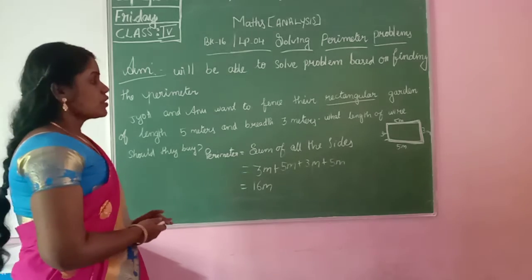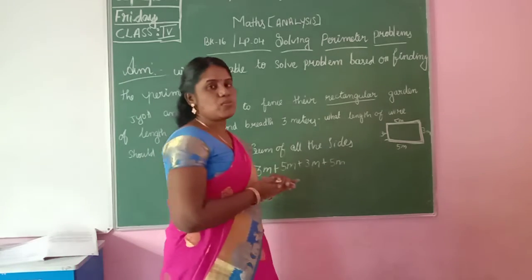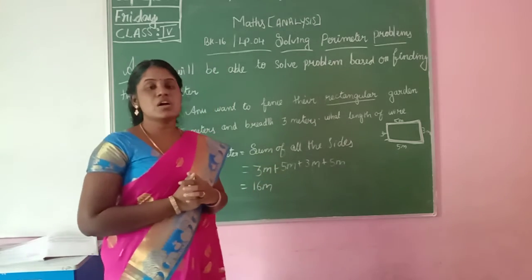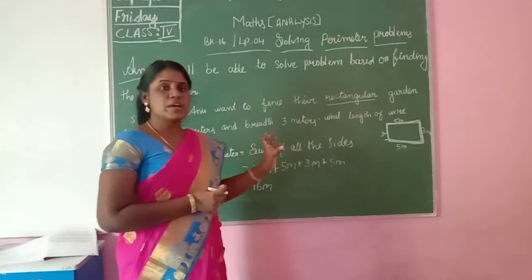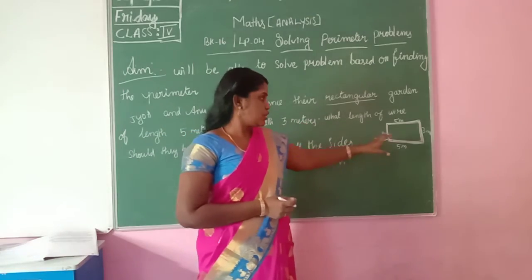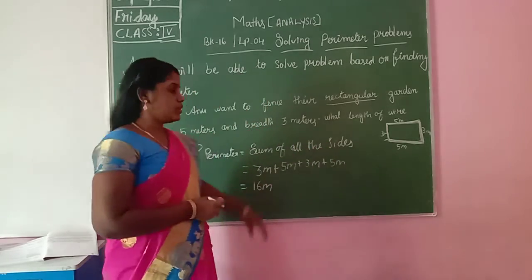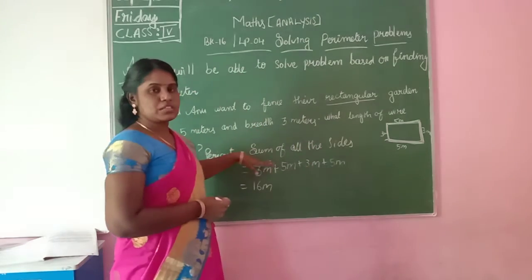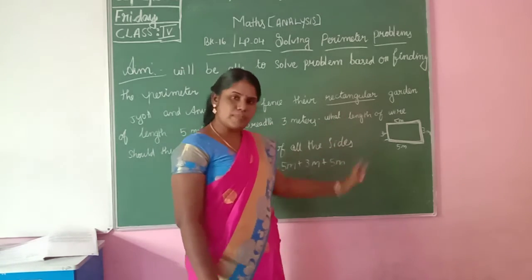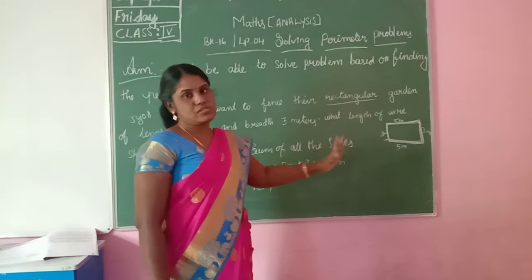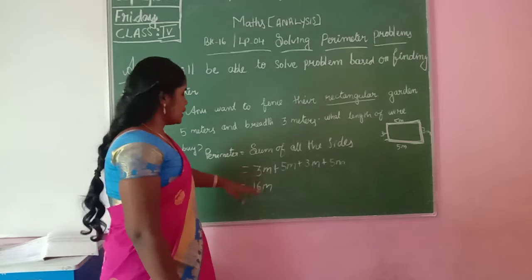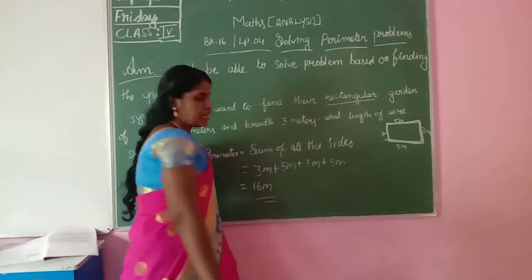Is it clear, children? When they give story problems, first we need to read the story. Then we need to find what kind of shape this is. Once you find out the shape, you need to draw the diagram. Then we need to find the lengths and fill in the measurements. Then you need to write the formula, the sum of the lengths of all sides. For any shape, if they give a pentagon, you need to draw a pentagon and add 5 sides. A pentagon has 5 sides, that's why we need to add 5 measurements. And then finally we can find the answer.